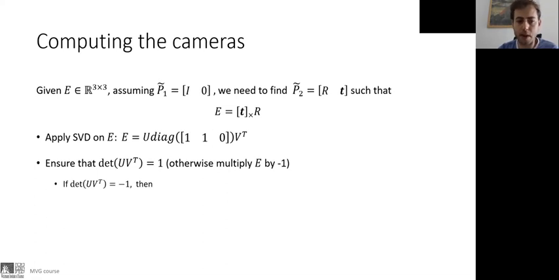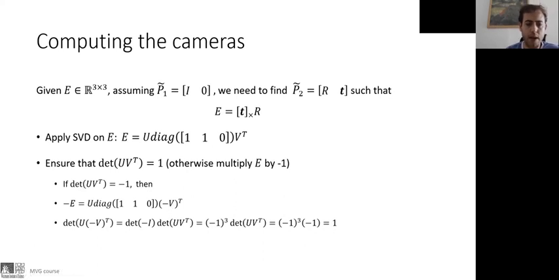Let's see why. If the determinant of UV transpose is -1, by the way, U and V are orthogonal matrices, so their determinants should be 1 or -1, right? For each one. Okay, so if it's not the case, we apply minus on the essential matrix, and then the singular value decomposition has the following form when we put the minus before the V. And then the determinant of U multiplied by the new V, which is minus V transpose,